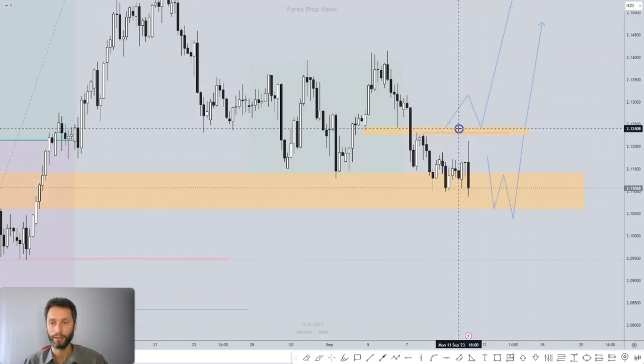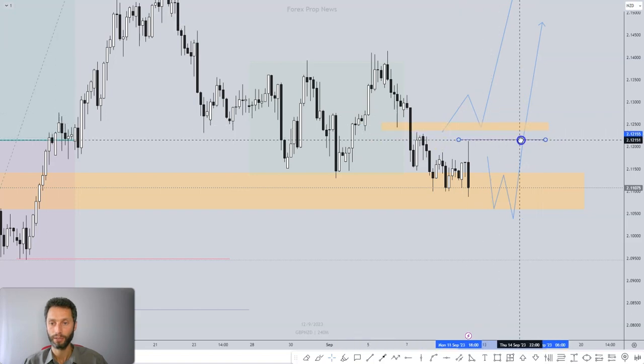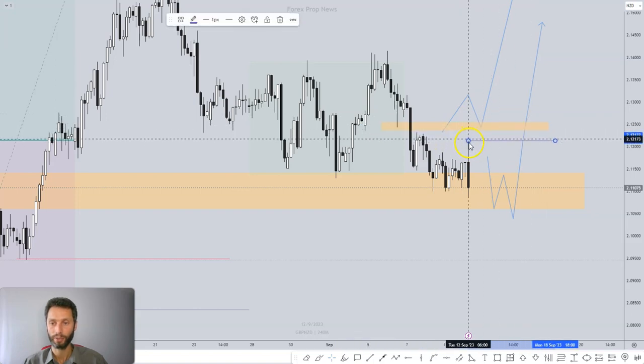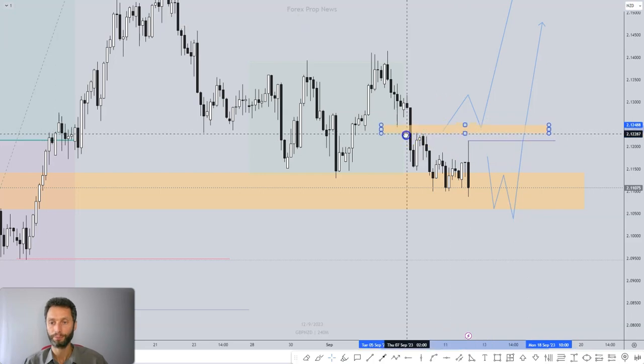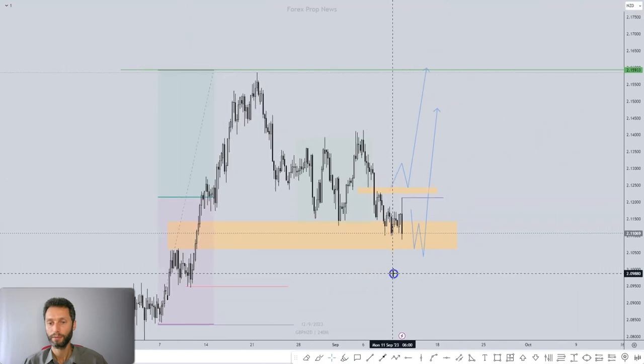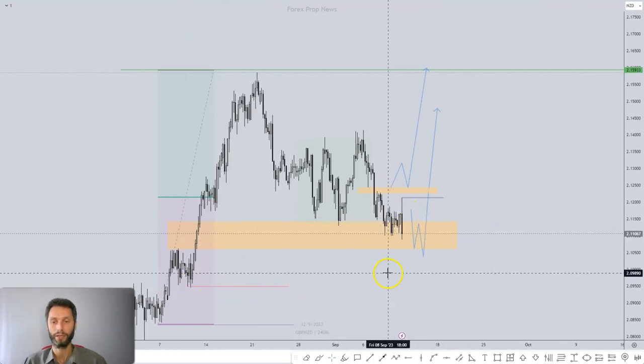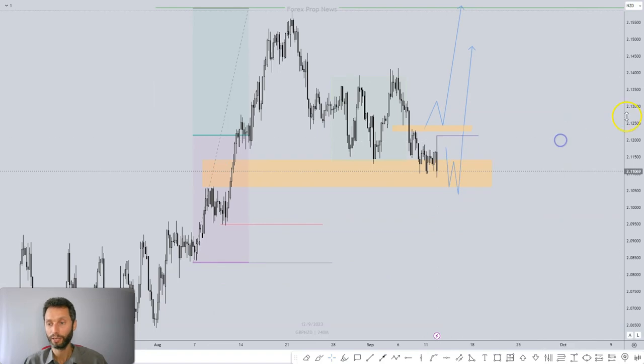And the next area to look for, this was our next high, so we'd like to see a break of this high, break of this structure, and a move higher. If we go below here, then we invalidate. So as always, it is a little bit early to tell at the moment, early in the week.